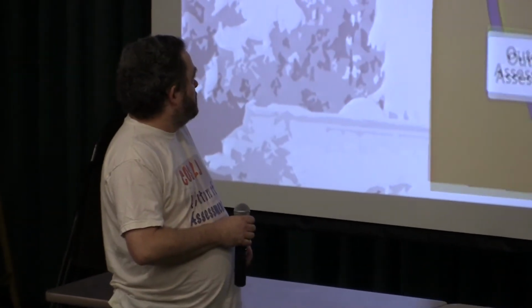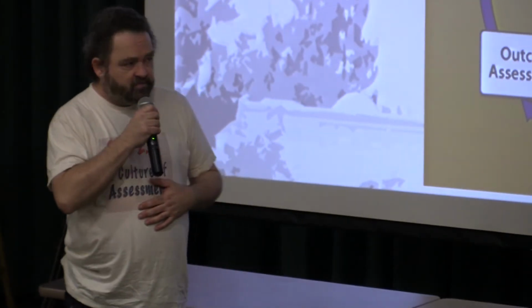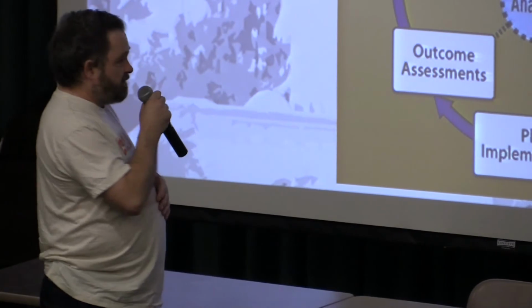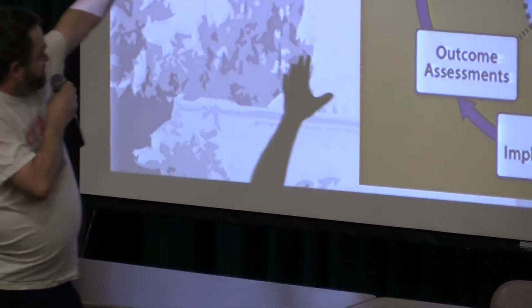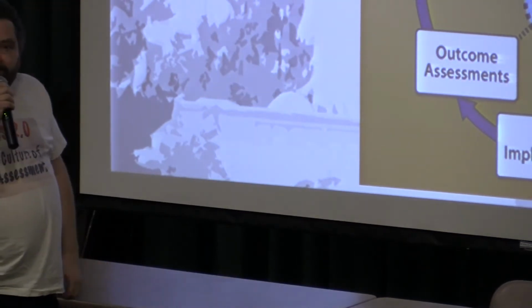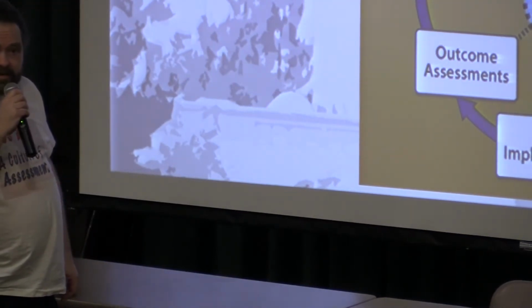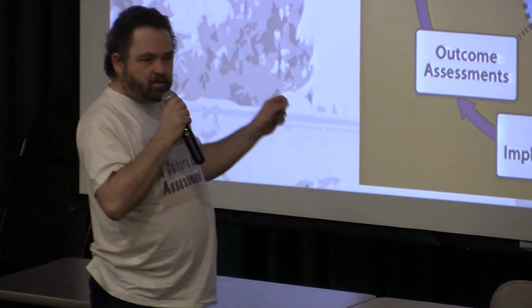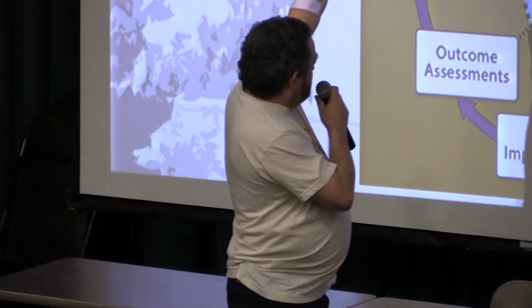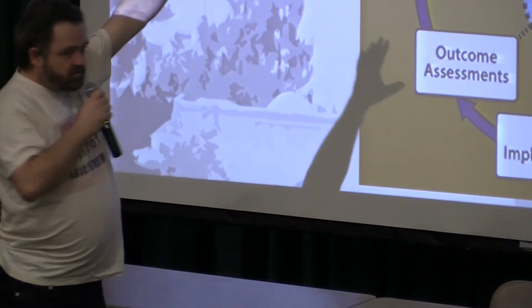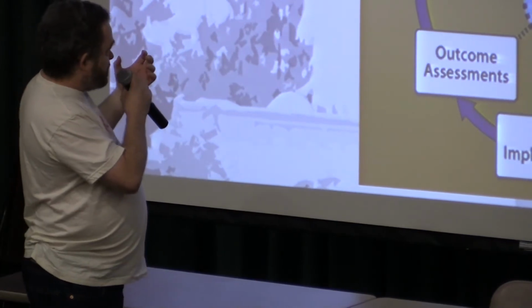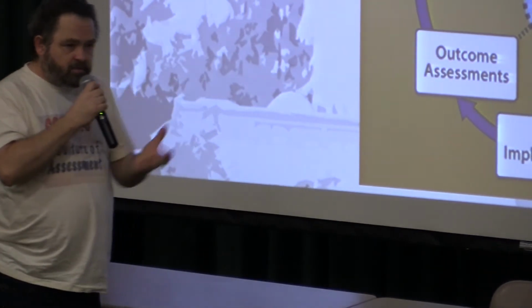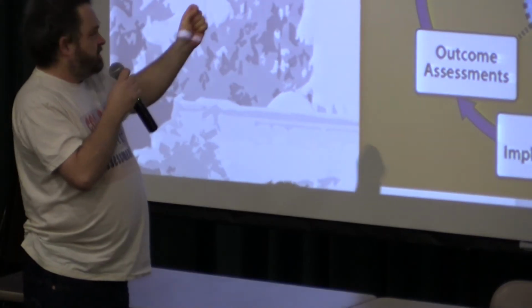Okay, so the group that's in here now probably has seen this 1,000 or more times. In fact, every time you walk around campus, you probably see it. Is there a poster in here? No? Okay. This, of course, is our model for integrated planning, and we're focusing on the strategic plan part of that. If you were at our summit, you know that that's where the rubber meets the road. We start with the mission statement. This is the general statement that focuses on our students and our general mission.